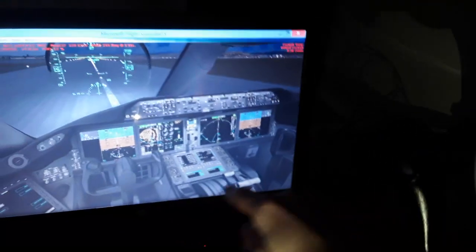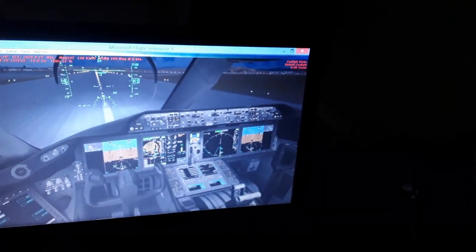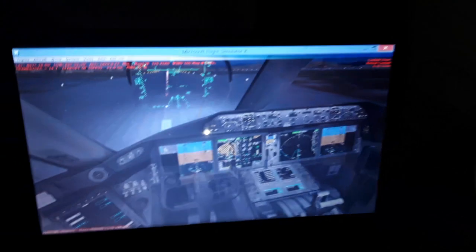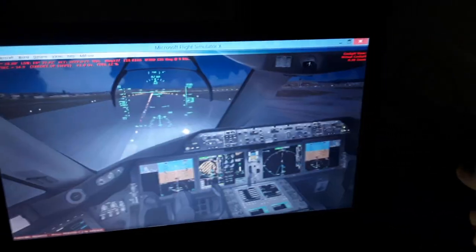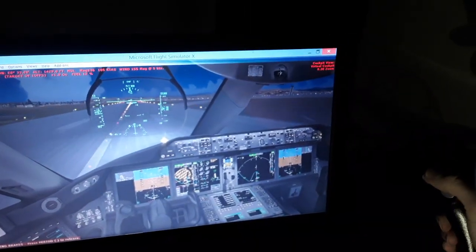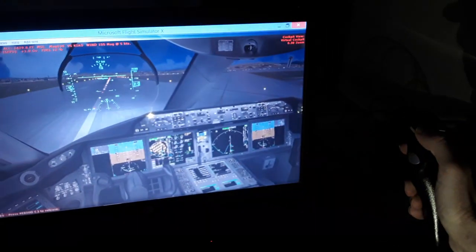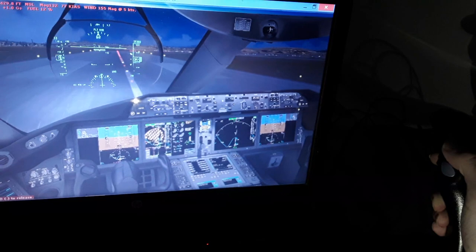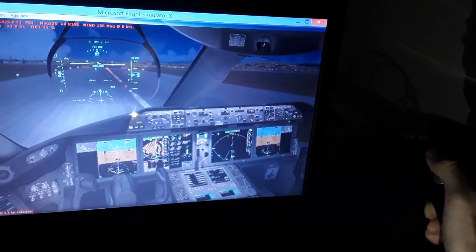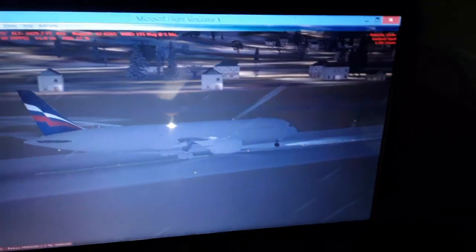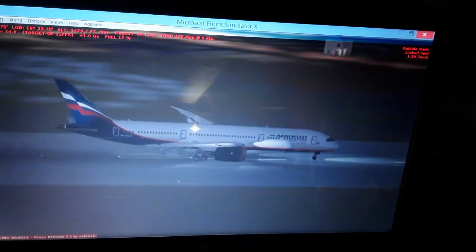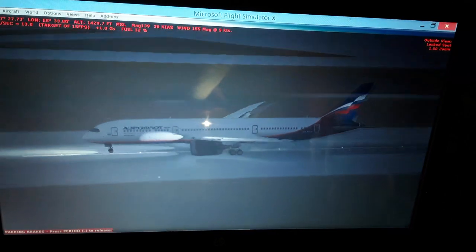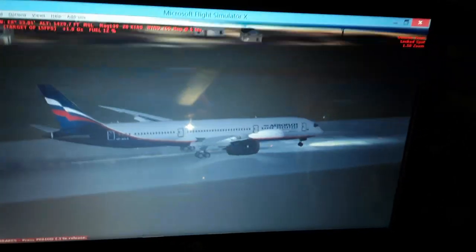So we use idle thrust over here and parking brakes for alignment. So we made a full stop landing over here, slowing down, as you can see. 80, 60, 50 knots. So we made a very beautiful slow down. Very beautiful landing, very professional. As you can see,